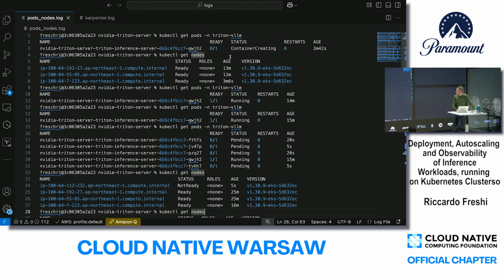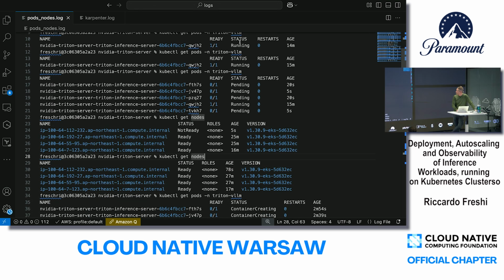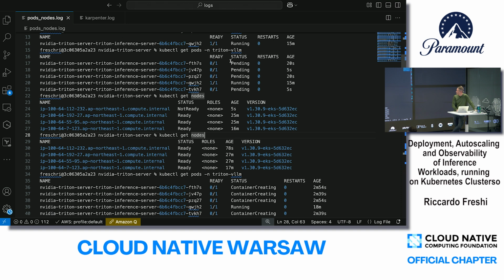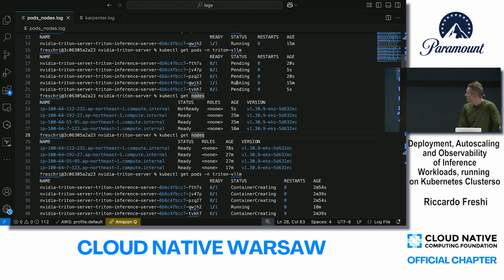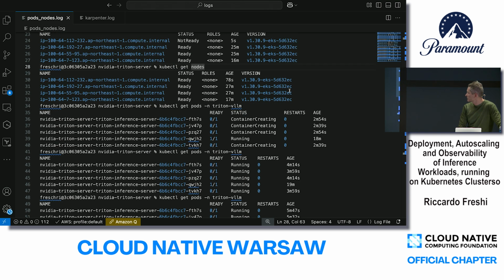This is launched to support this one. Now it's running, and then when there is a spike in the queue length, you can see that there are up to 5 Triton pods created, with our original one running for 15 minutes, and these ones just created.